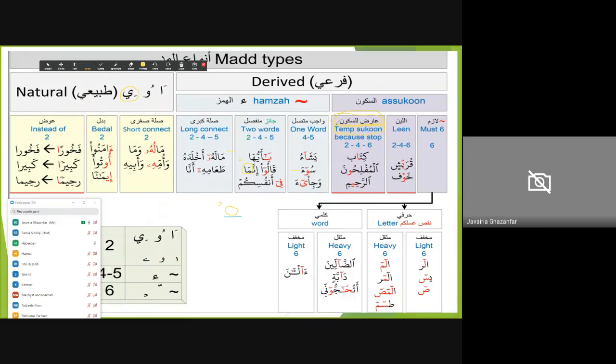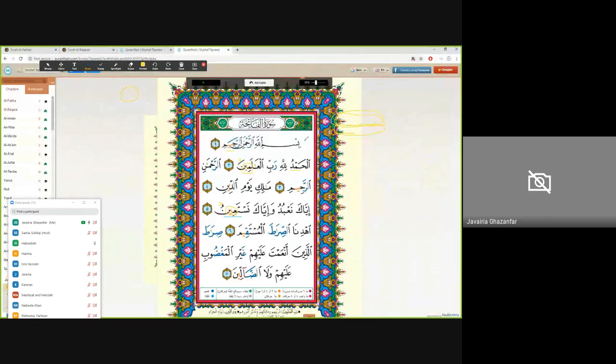Very good. Mad arid lis-sukoon. Mad arid lis-sukoon. Right? Excellent. So there's a lot of examples of mad arid lis-sukoon in this entire surah.